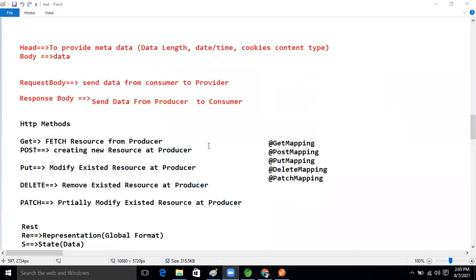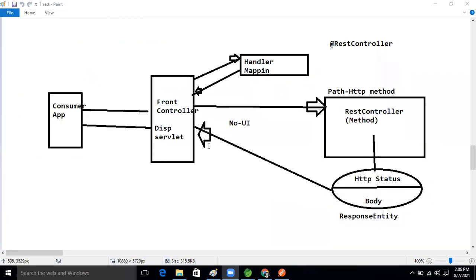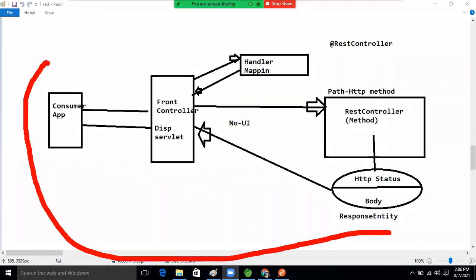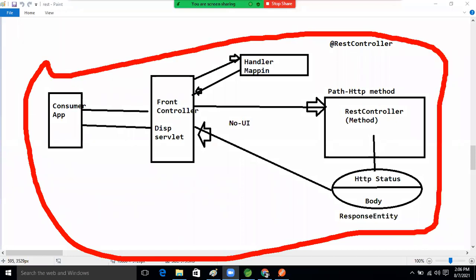After that we saw Spring REST flow, right? Total REST flow, and there is no UI whenever we are working with RESTful services. But whenever we are working in MVC, the view resolver will be there, right?